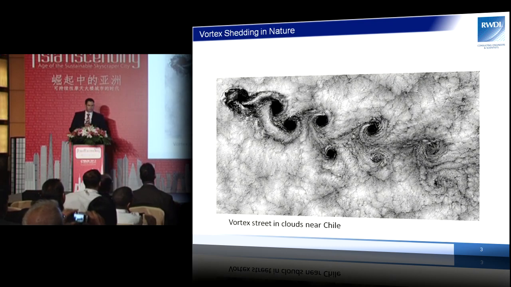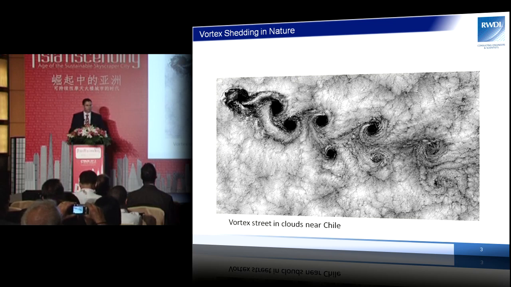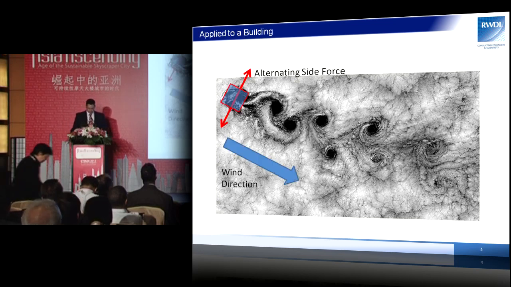So the first topic, vortex shedding. Vortex shedding gets talked about a lot in the context of tall buildings, but I just wanted to assure you that it is very much a real thing. This is a great satellite image of vortex shedding visualized in clouds as wind flows past a mountain in Chile. And so if we put some schematics on that to understand what's happening, and imagine